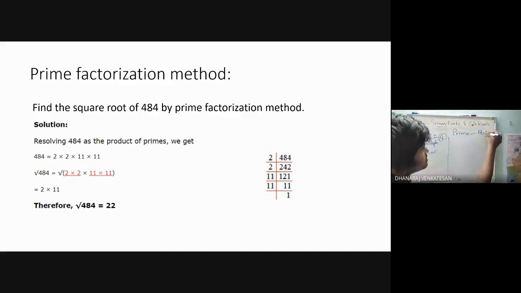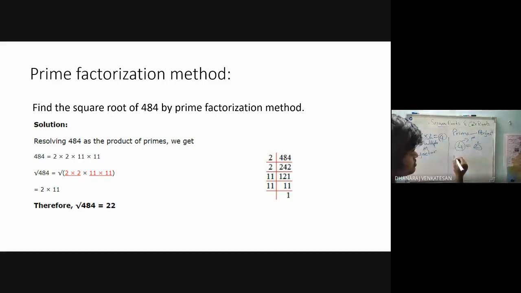What is a perfect square? A perfect square is a number that has exact factors which, when squared, give that number. If we square the factors, you will get the number. This is known as a perfect square. If I take 4 as factor squared, 2 squared, it is a perfect square. We call 4 a perfect square.